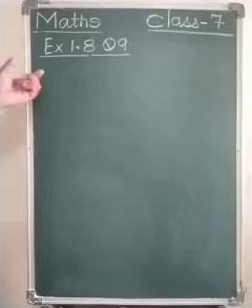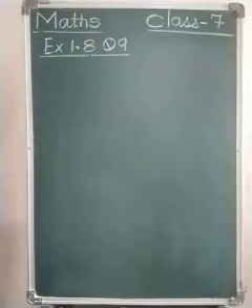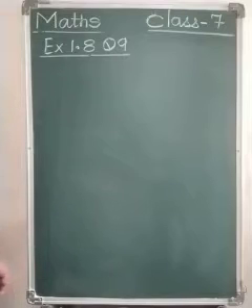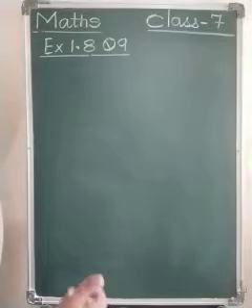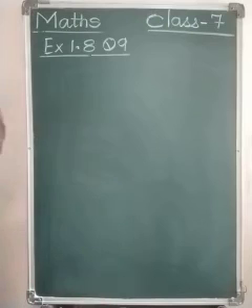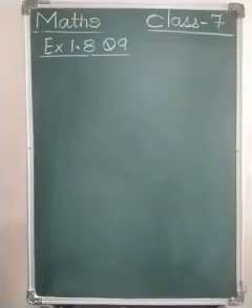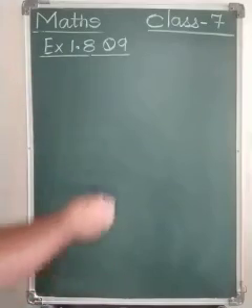Okay, very quickly we move towards question number 9. They are only fill in the blanks, and 1 or 2 sums, the total only 4 sums are there. So 1 or 2 sums we will solve, and the rest of the sums you can take for homework. Now this question number 9 you can solve in the textbook also, plus if required you can solve it in the notebook also. Let us see what only fill in the blanks is there.